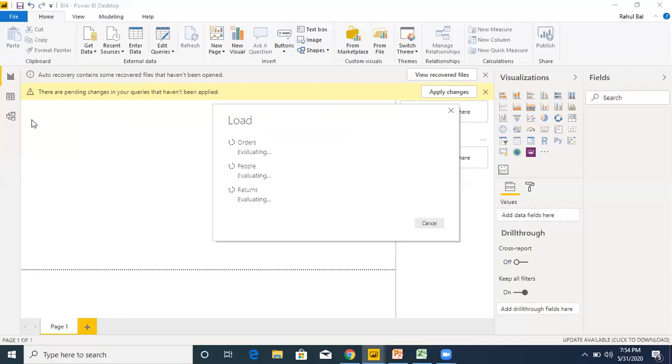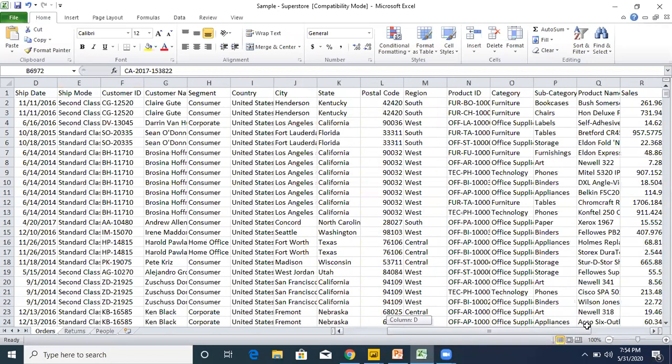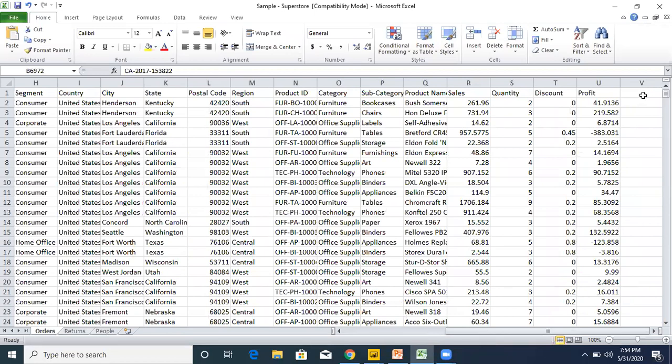Now the steps will be like this. First we will go to the data option or data view. In data view, we will create one table which is used for matching with your further tables. We'll create the column there. In the data view, we'll add one column in this order sheet. That is our KPI column. So that is our first step. First step is we will create one column here of name KPI, and we will analyze what we'll analyze in this sheet.